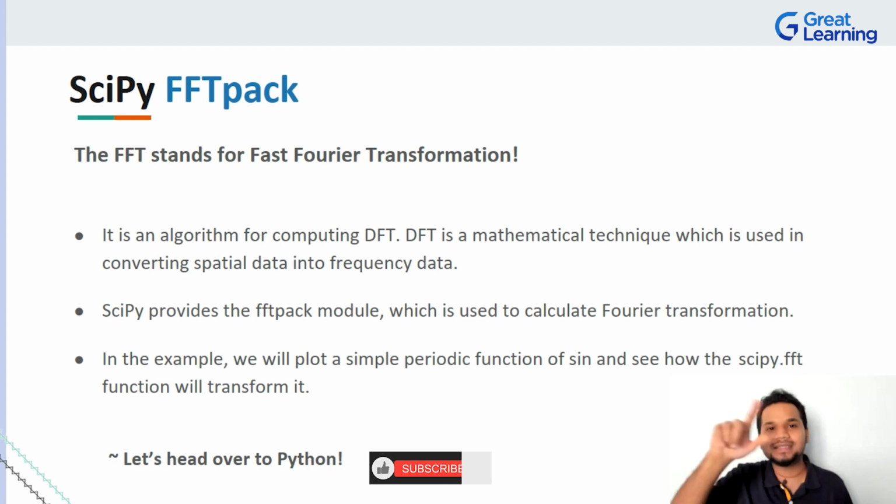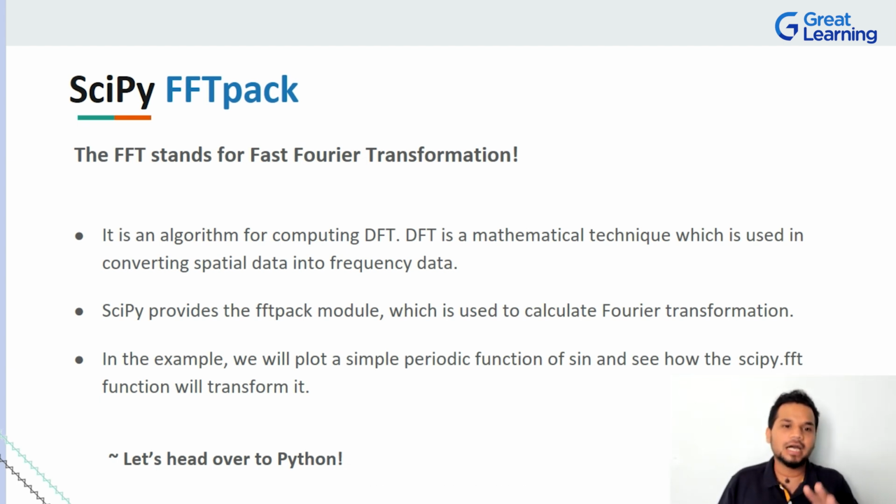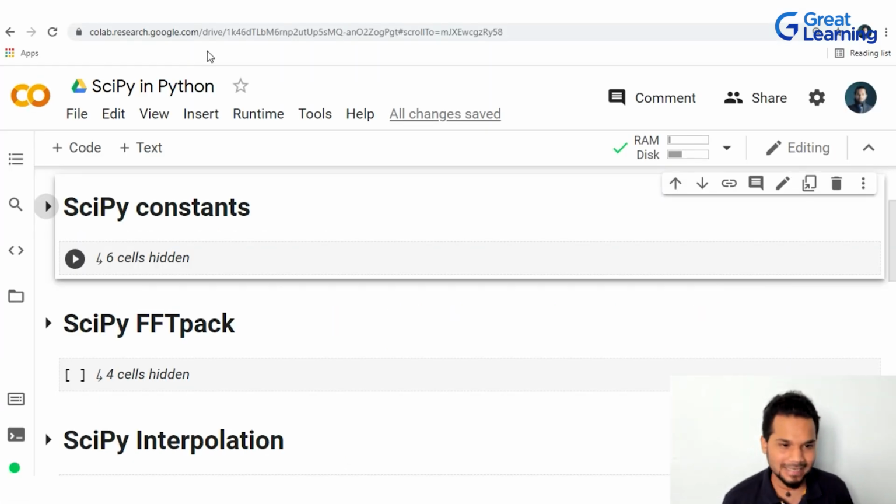So we're going to be using a simple periodic function and we'll see how we can use Fourier transform to transform that sine wave into something else. Now, do not worry if you do not pick up on the nitty-gritty details out here. This is a very niche application of it, but at the end of the day, this is very important for you guys to know as learners, right?